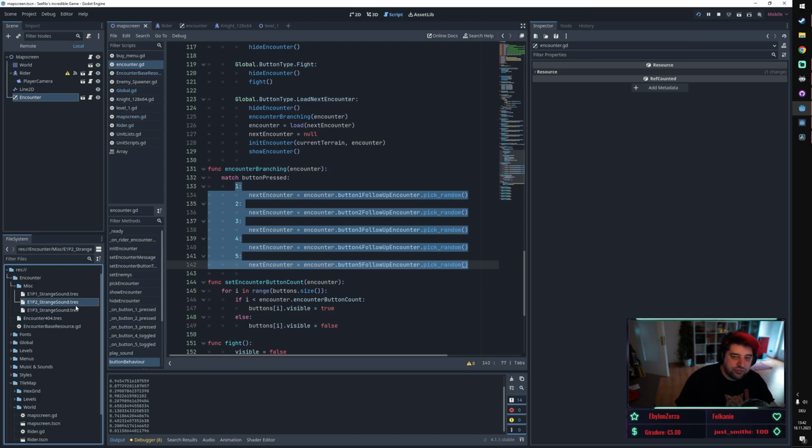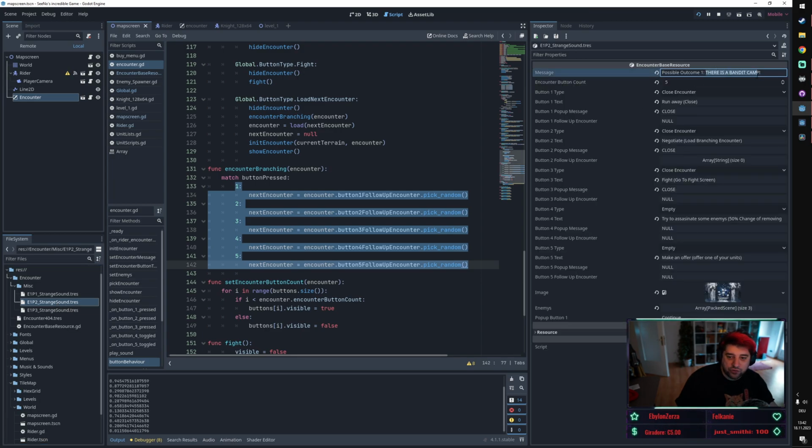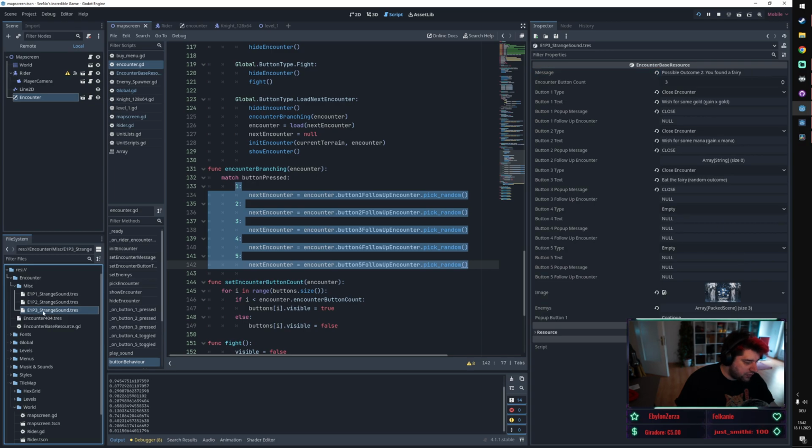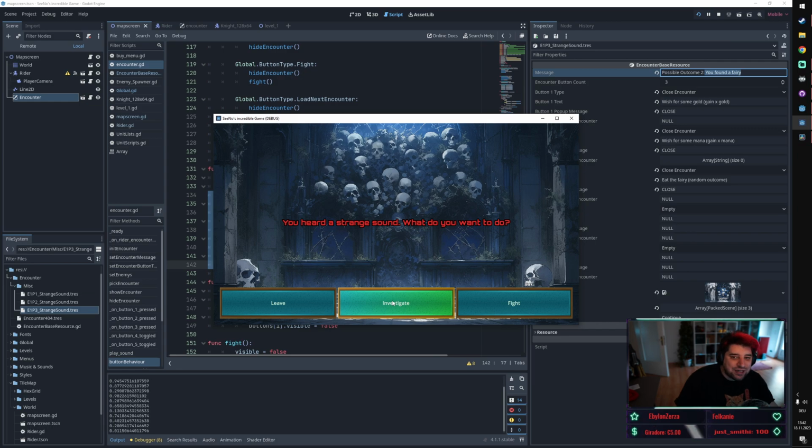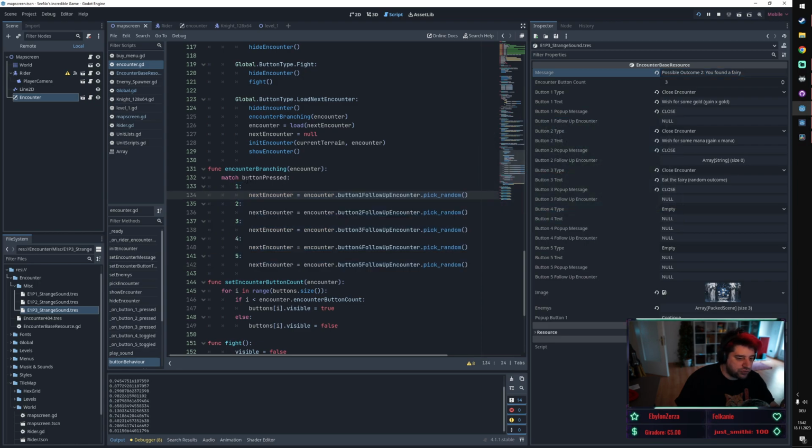I want to have a 50-50 chance of either loading the E1, P2 strange sounds, which is the, hey, there's a bandit camp, and I want to have a 50% chance to find this encounter, which is you found a ferry. So when pressing investigate now, I want to have a coin flip. And then I want to decide which encounter to load, and that is what's happening here. So if we press button 2,